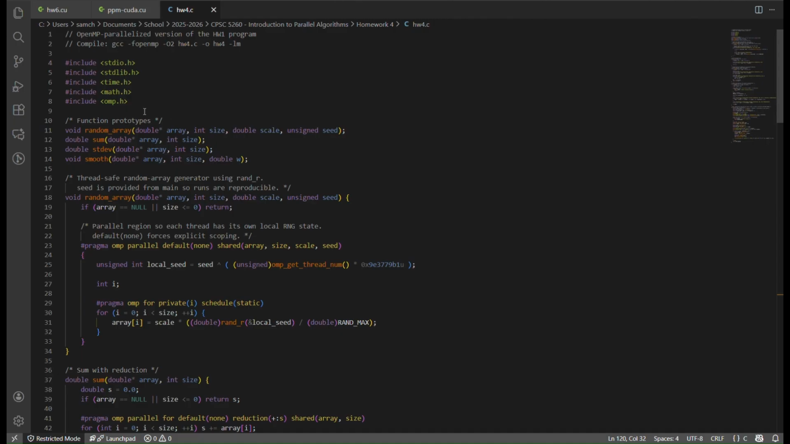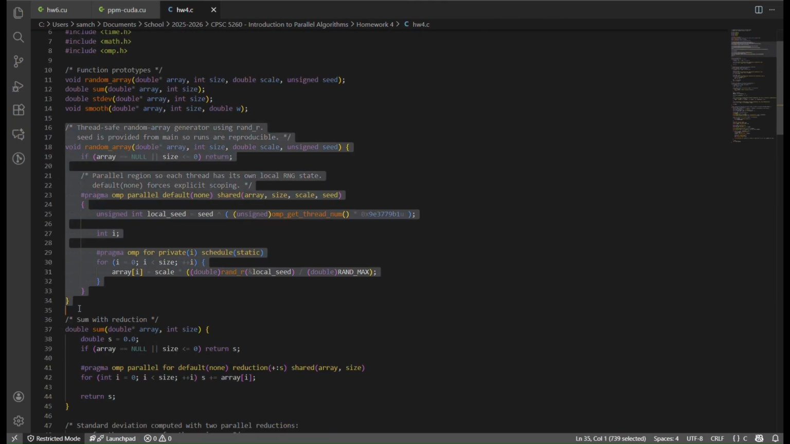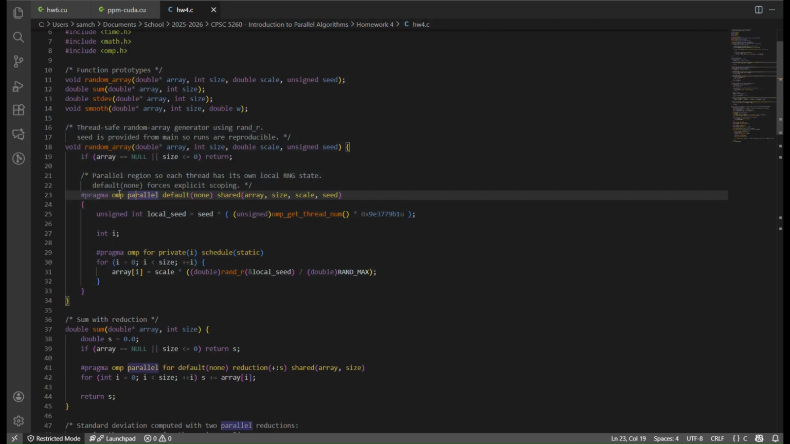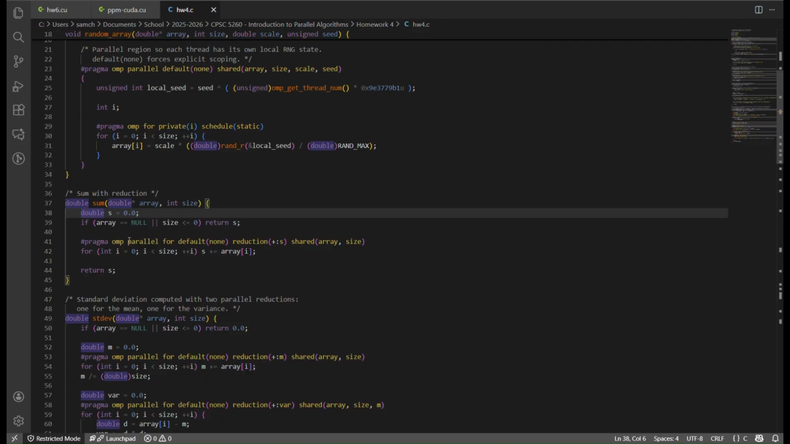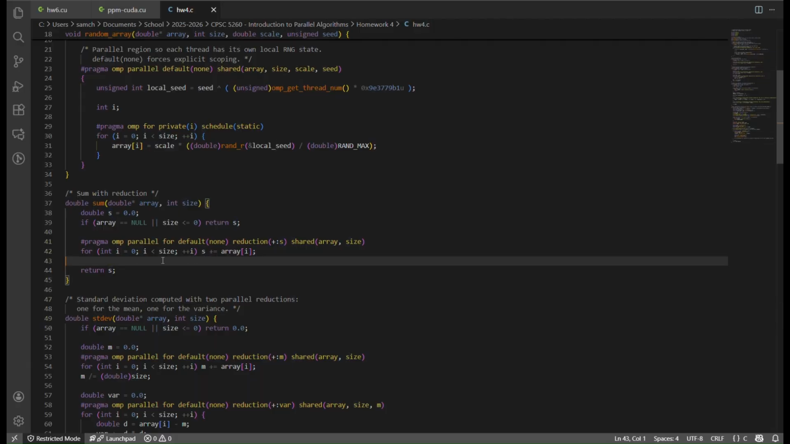So first up, here we have our function prototypes right here. This function generates the random array of a set size, and it does that in parallel using this parallel section right here, and then it has right here private, so each parallel region has its own local RNG state. Next up, here we just calculate the sum, so we define this double S, which will be our sum value, and we use the parallel for loop to just calculate an accumulating sum of that S